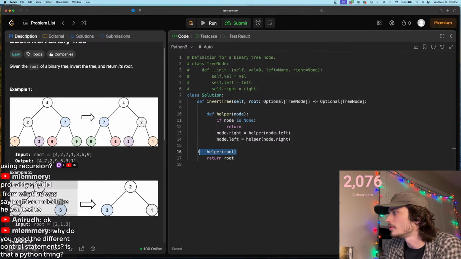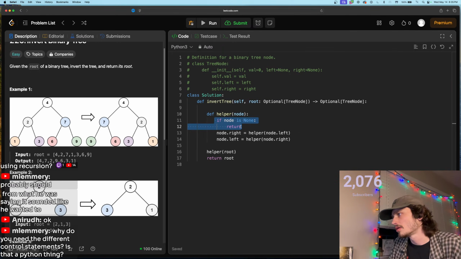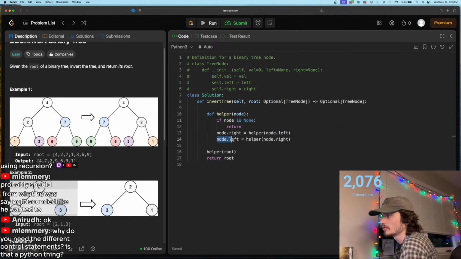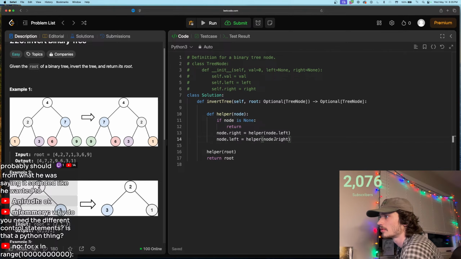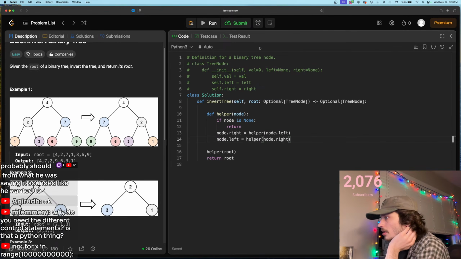Calling helper on the root. If the node is none, return. Else, node right is helper right, node left is helper left. Helper root, return root. So node dot right equals helper on node dot right, node dot left equals helper on node dot left. That will call